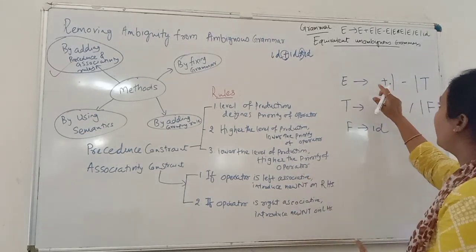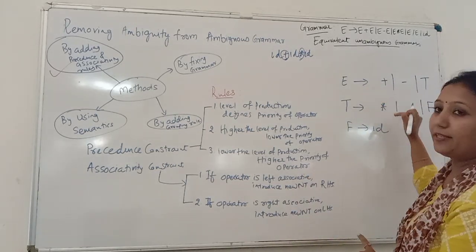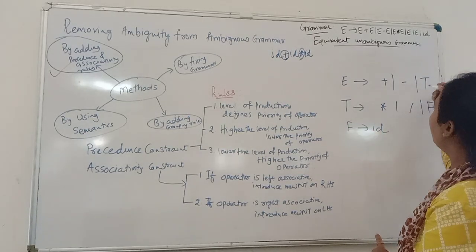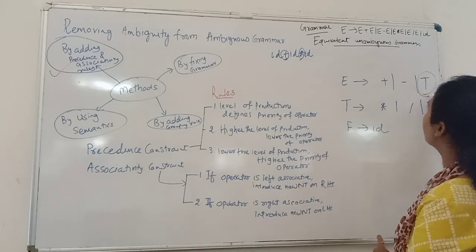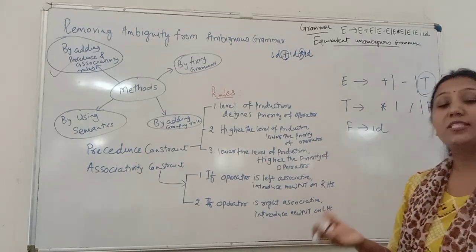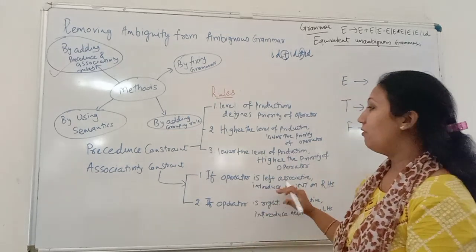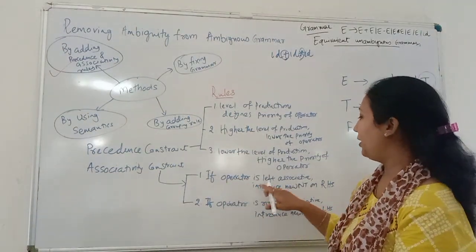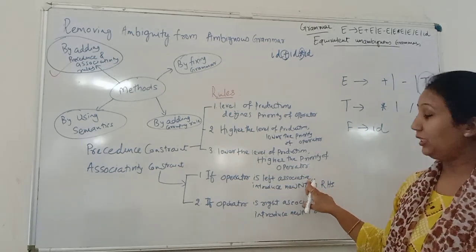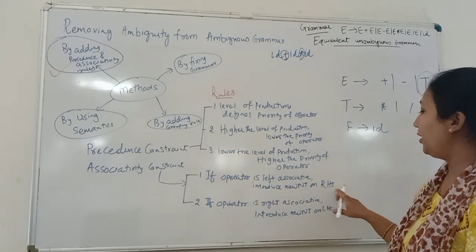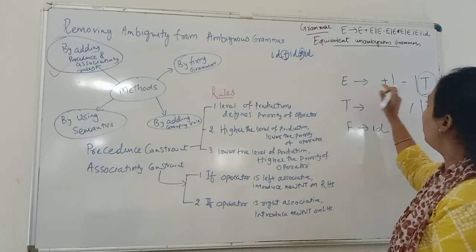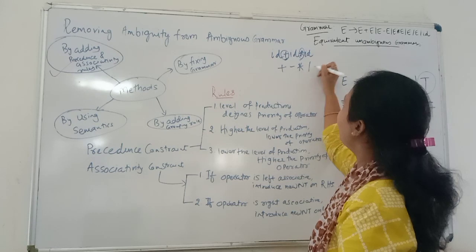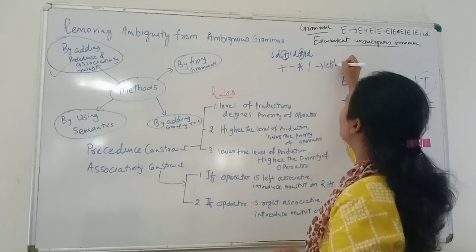So first, one non-terminal that we have to repeat on the right hand side of the production is E. Over here it is T. But then another one that we need to use is this T. But on which side we have to use T, and for that we will use the associativity constraint. The constraint defines that if the operator is left associative, then introduce a new non-terminal on the right hand side. We know that plus and minus, star and divide, all are left associative.